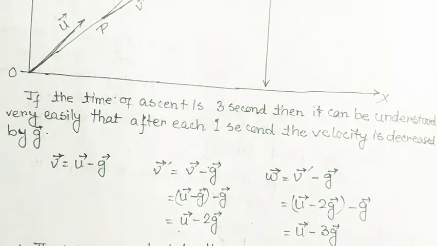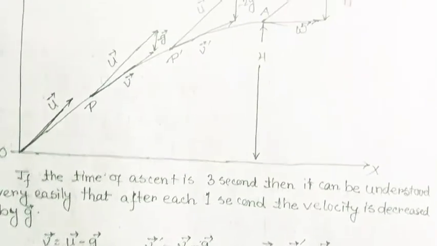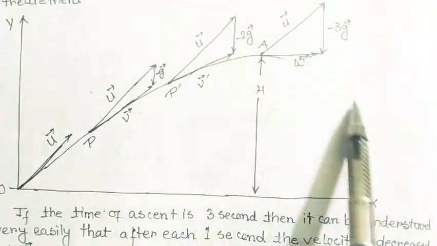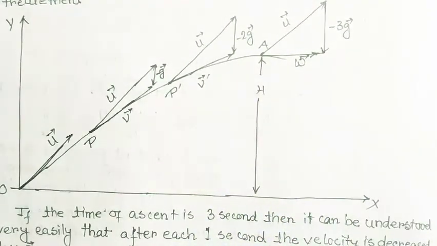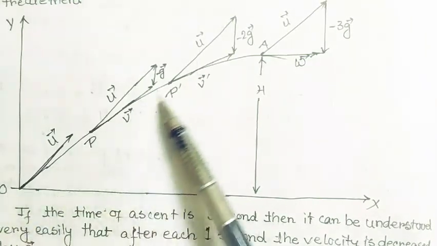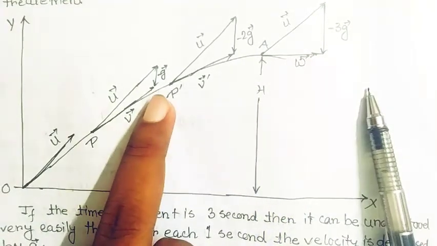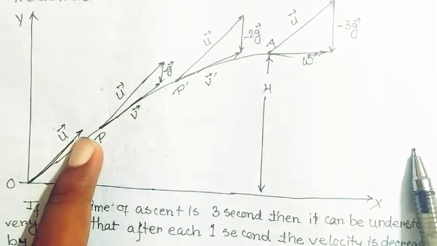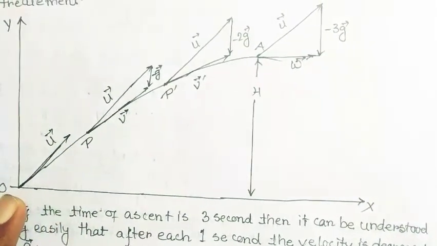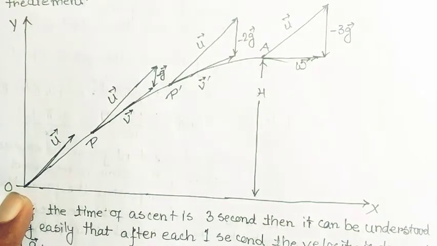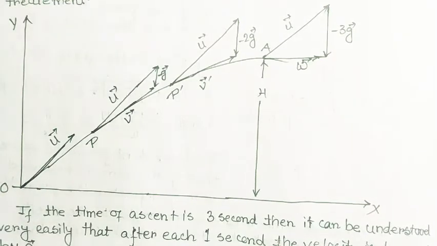Then you can use this, because if this point is crossed and the particle again reaches the same height, I will tell you that again in the case of downward motion. If the time of flight is 6 seconds: 0, 1, 2, 3, at 4 it will be at this parallel level, at 5 it will be here, at 6 it will be back at the ground, like this trajectory. So one thing you should keep in mind: what is the time of flight?